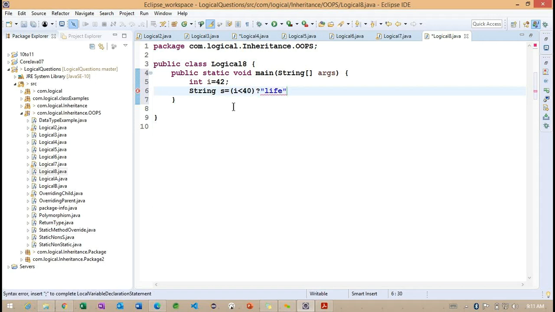Again, inside this else section, i greater than 50. Observe carefully, this section is very important, because inside this ternary operator, we are working with one more ternary operator. Now I'm trying to define the final value.